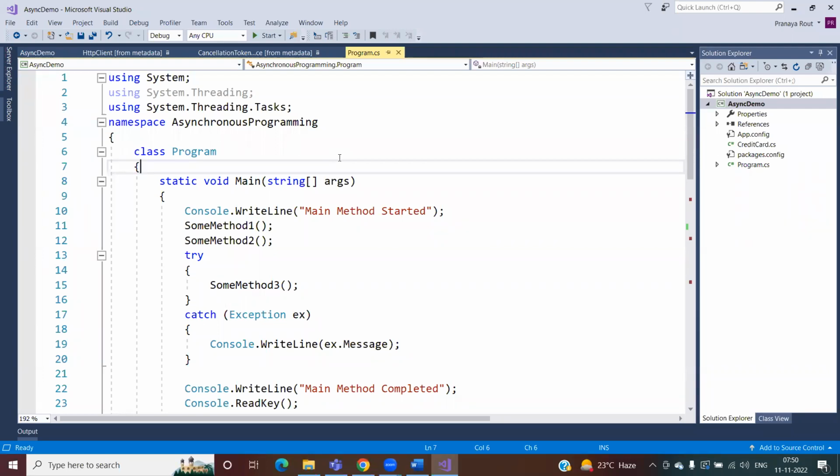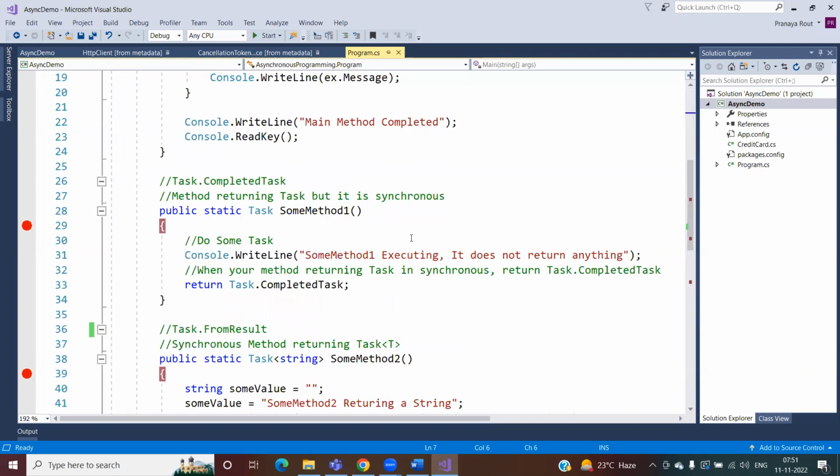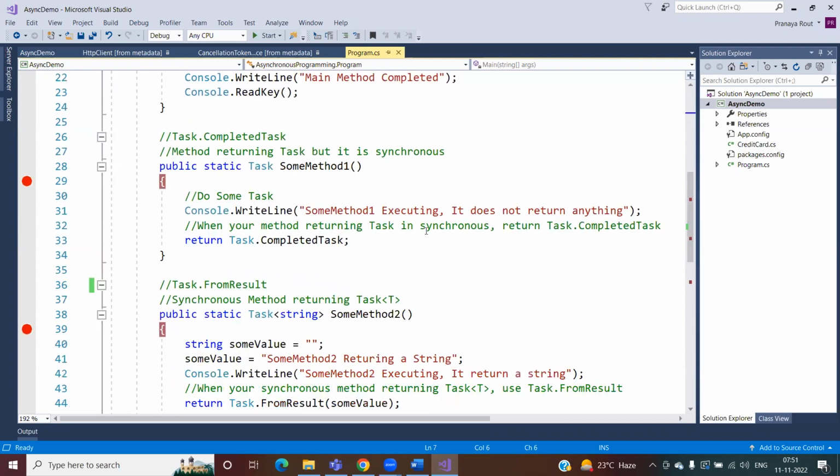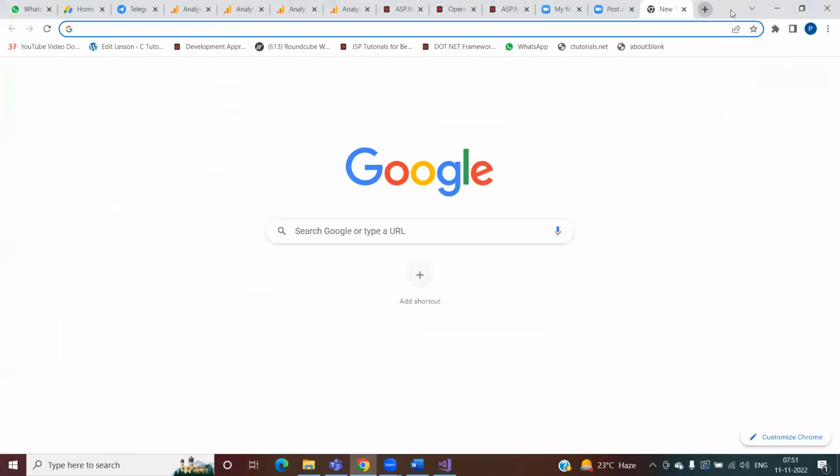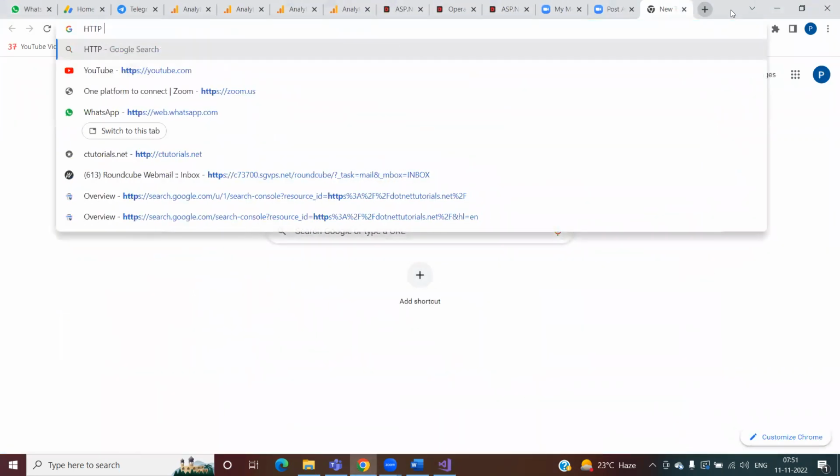Just one question, like you said, to call the web API from sync method, the web API should be synced. Am I correct? See, I'm saying now you have to call the sync version. So there are two types. If you go to the HTTP client,